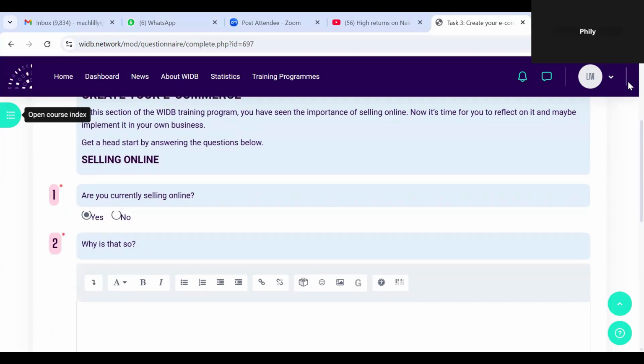I have an issue, Lillian. Yes, Philly. When I finished my model, when I click exit model, it takes me back to the beginning instead of going to the task. I don't know what to do. Sorry about that. When did you last try it? I tried it a few minutes before I logged in here because I thought my internet was a problem, but it kept doing the same thing.